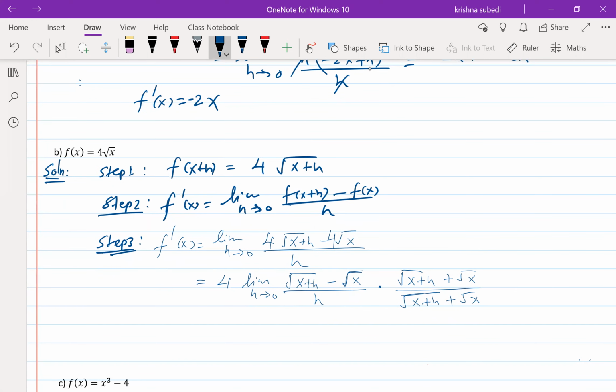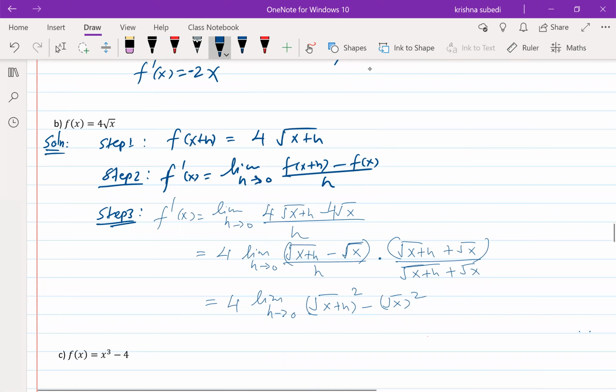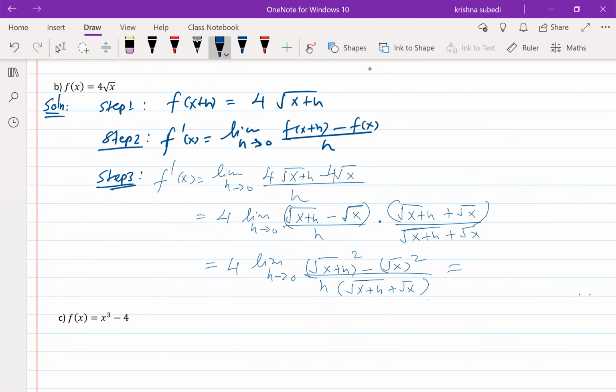So you're going to get, for the top part, you can use a minus b times a plus b, which is a square minus b square, over h times the conjugate. Look at that. Now your job is to simplify the square root, and the square is going to cancel out, so you're going to be left with